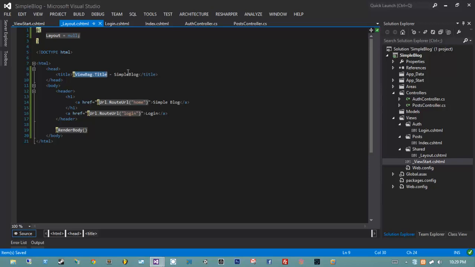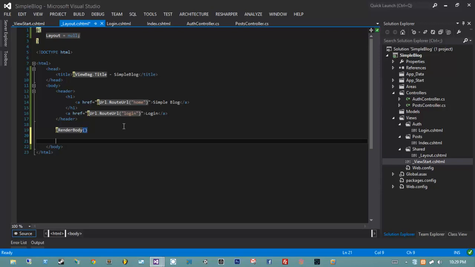Okay, there's one more thing we need to do. You ready? I don't believe there's only one more, but okay, let's go. Well, this is all interesting and stuff, but we have a problem. This problem is typically addressed by many different layout engines in the form of what are called sections. Now, we're not going to have any JavaScript or CSS quite yet in our project, but since this video is all about Razor,